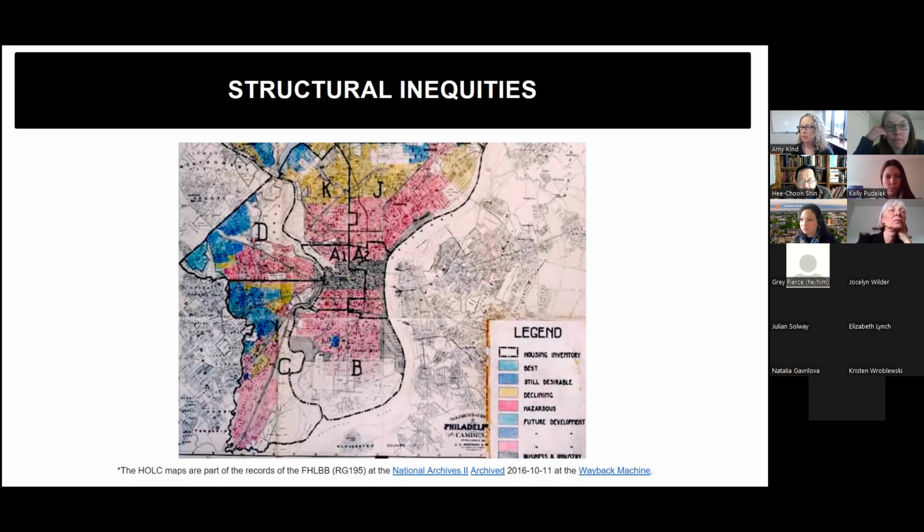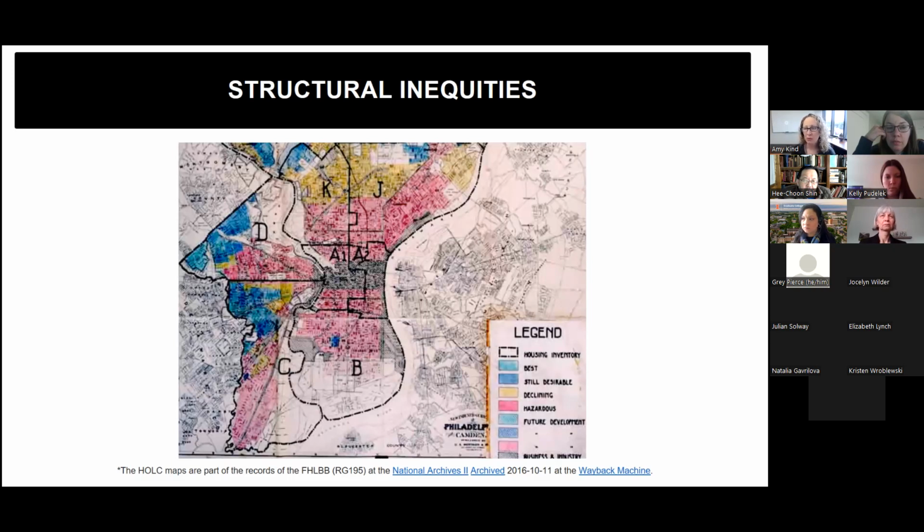And families who lived in these red areas were more often denied or had no access to home equity loans, loans to start businesses, or loans to reinvest in their community because of this hazardous designation. Now, if you lived in one of these blue areas, do you see it on the legend here? You had good access to these types of monies in order to invest in your community and invest in the infrastructure around you.